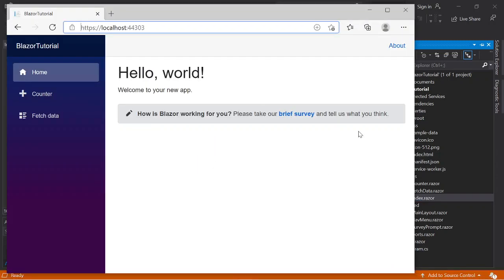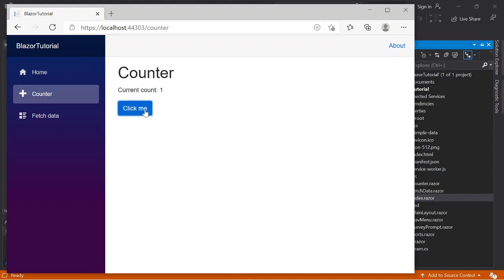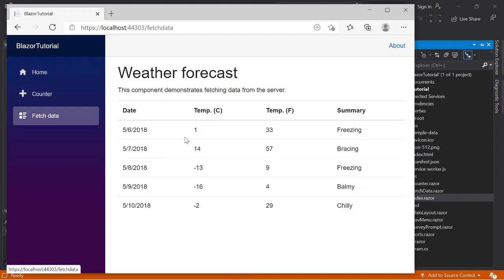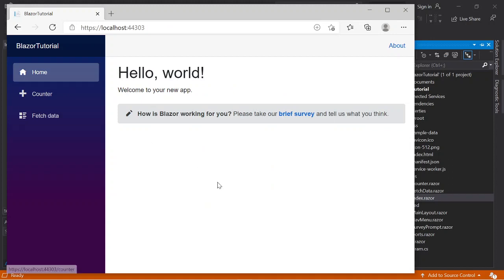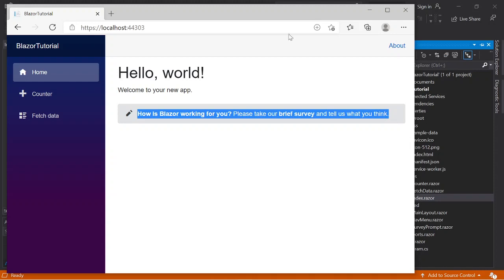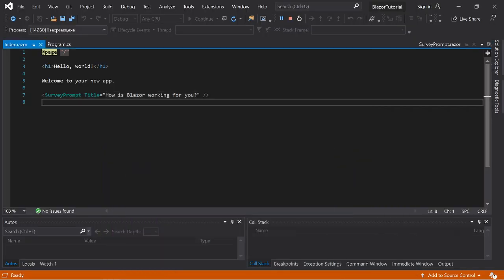This is the interface of the sample project. In the counter, it's fetching data. This is the parameter which is passed from here.